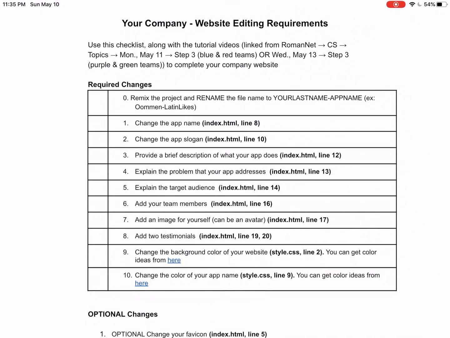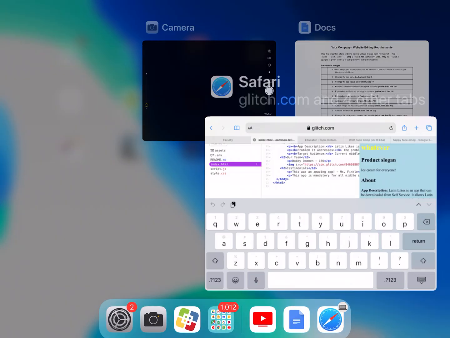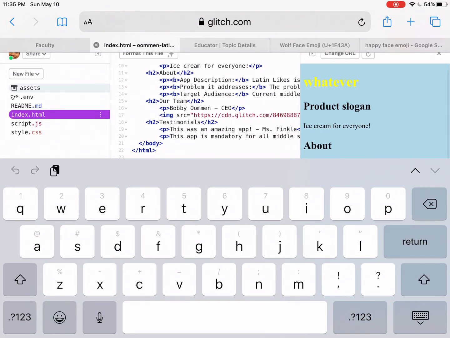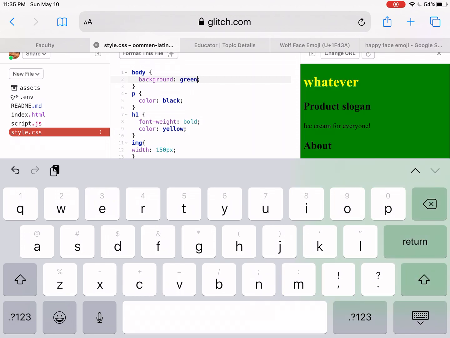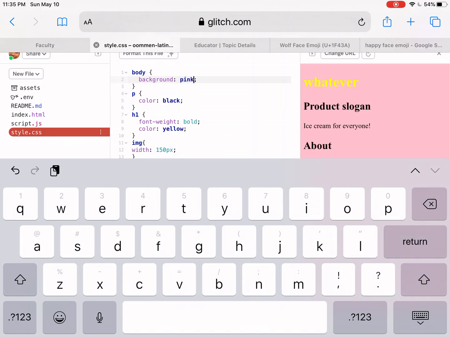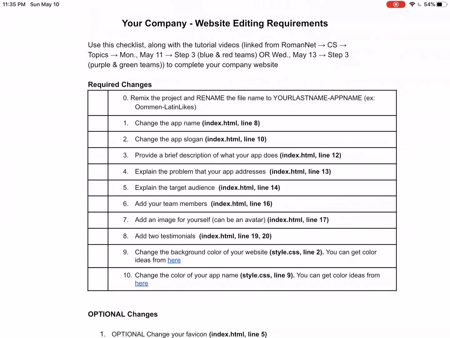Change the background color of your website, style.css line 2. All right, so if I go to style.css, and if I go to line 2, I can change this right here to like a word, right? And then it'll change. I can change it to, yeah, any color that I can think of,